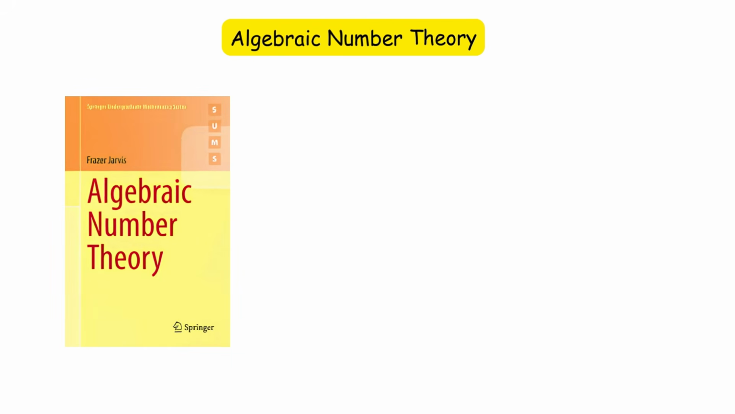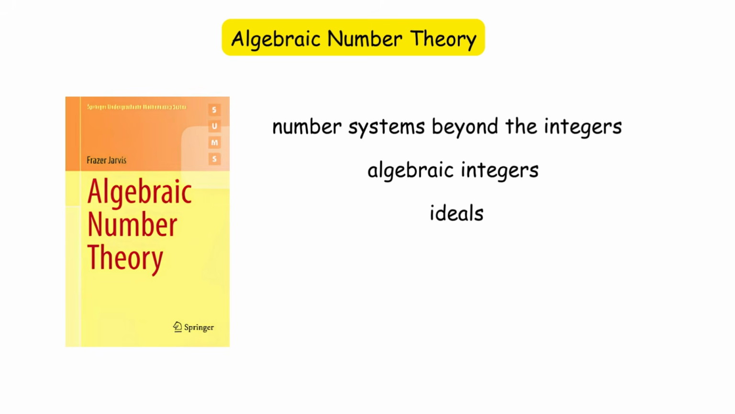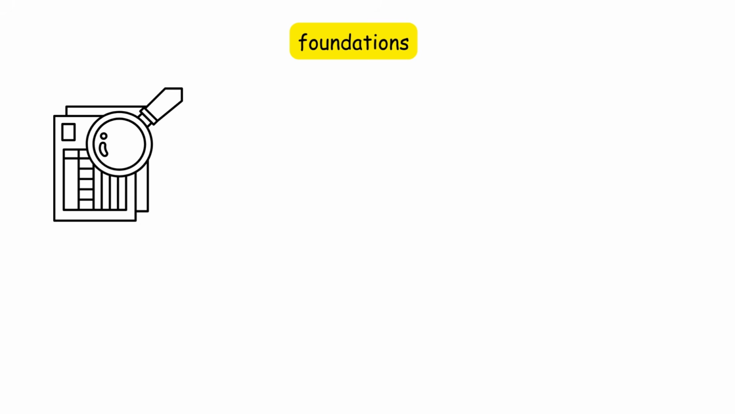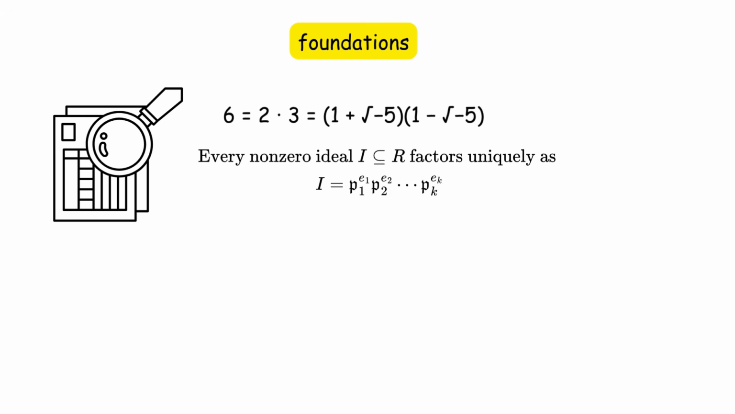Algebraic number theory studies number systems beyond the integers, their properties, and the relationships between algebraic integers, ideals, and number fields, spanning from quadratic fields to general number fields, and in advanced applications, fields of arbitrarily high degree. Its foundations began with the observation that unique factorization fails in certain rings, leading to the introduction of ideals as a restoration of factorial structure, the study of number fields as extensions of the rationals, and the analysis of how